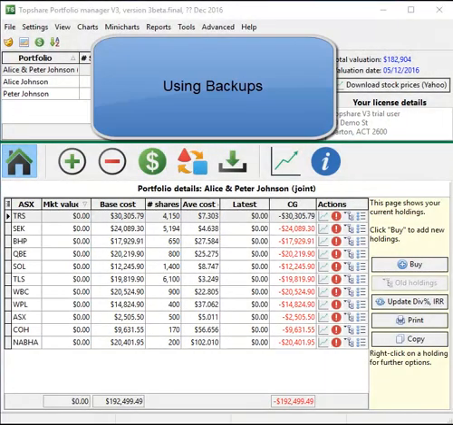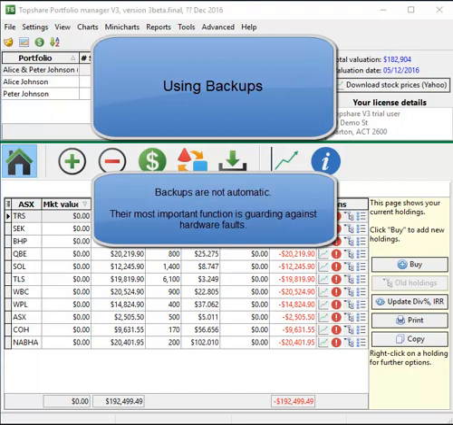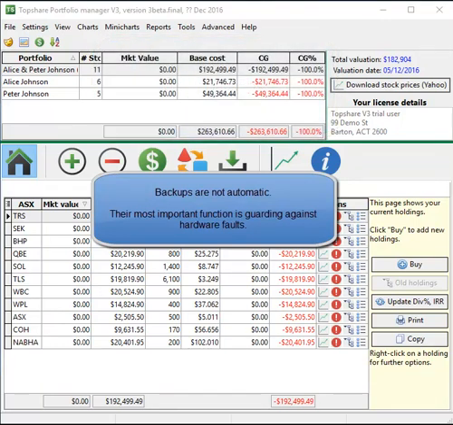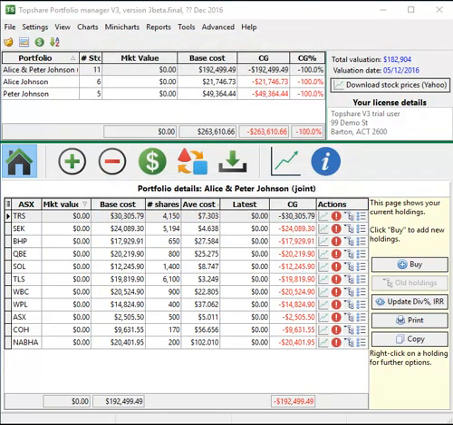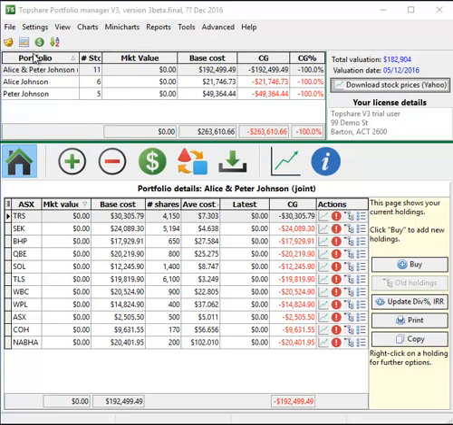Now let's move on to backups. Backups differ from snapshots in that they're not automatic. The most important function of backups is to protect you against hardware failure. So you get to them from this menu item,